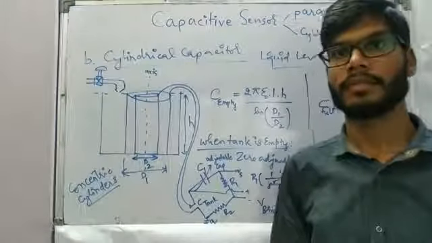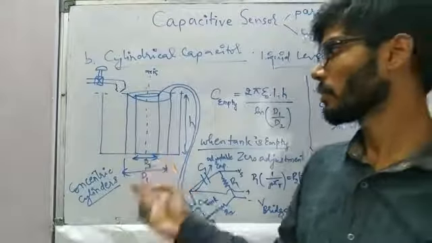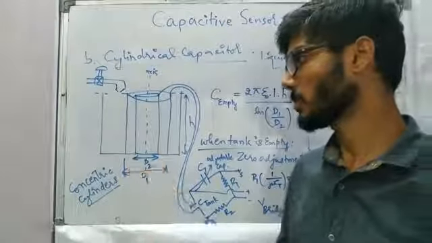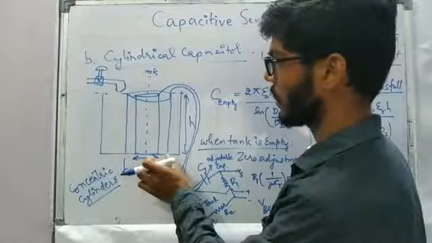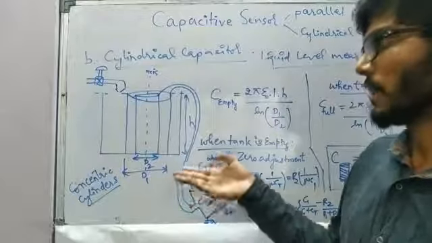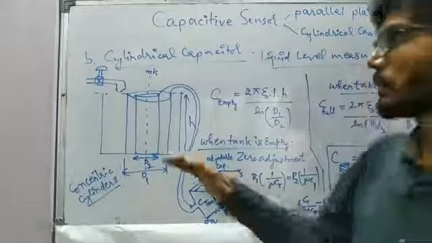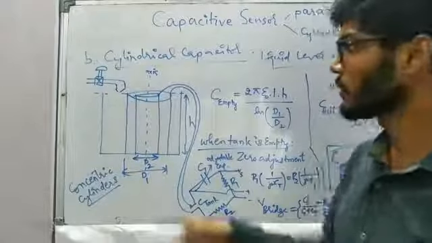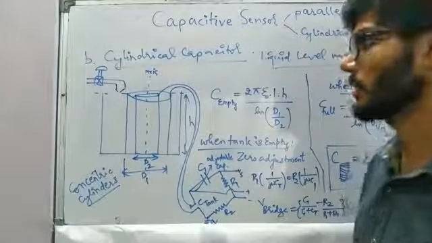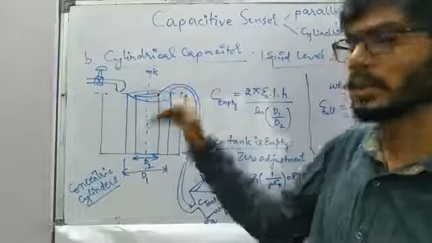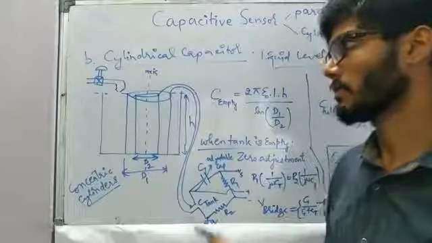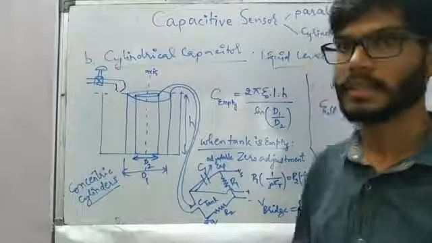Now in the case of cylindrical capacitor, we are going to have two concentric cylinders, one of which is having the greater diameter D1 and another one is having the smaller diameter D2. So between outer circle and inner circle, we are going to feel capacitance, and I have taken the example as liquid level measurement. So in the beginning the tank is completely empty, so the medium between the concentric cylinders is air, so the relative permittivity of air is going to be 1, and when the liquid is completely filled up to the top level, the relative permittivity of the medium is going to become epsilon R, which is going to depend on the fluid which we are going to insert inside the tank.